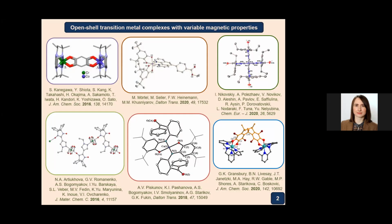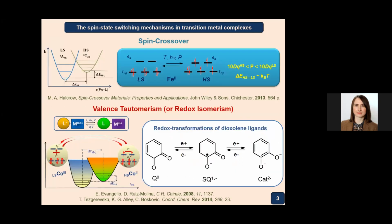The development of open-shell transition metal complexes exhibiting variability of the magnetic properties represents a promising direction of chemistry and material science. Such magnetically active compounds can find applications for the design of molecular switches, magnets, memory devices, and spin qubits. And the most versatile mechanisms of switching the magnetic characteristics under the action of external stimuli include spin crossover, caused by the electronic rearrangement within the valence shell of a metal ion, and valence tautomerism or redox isomerism,